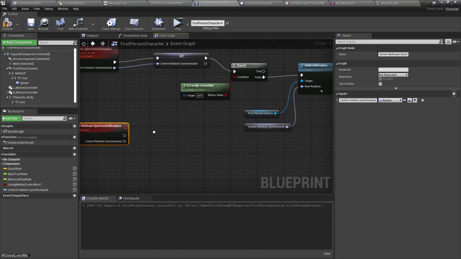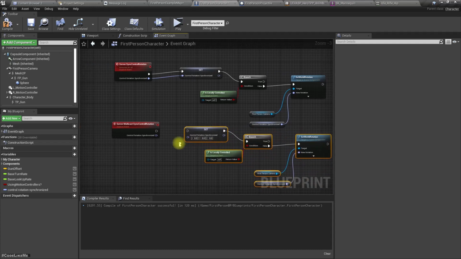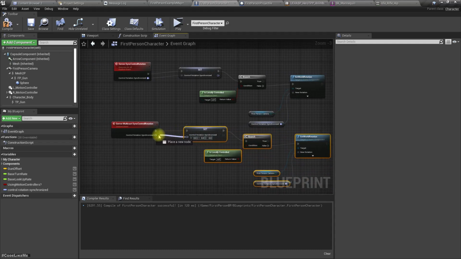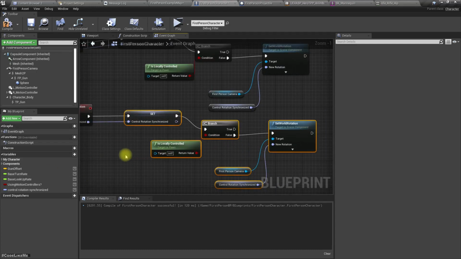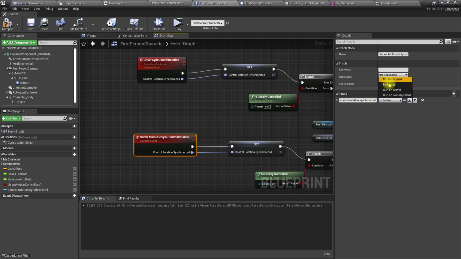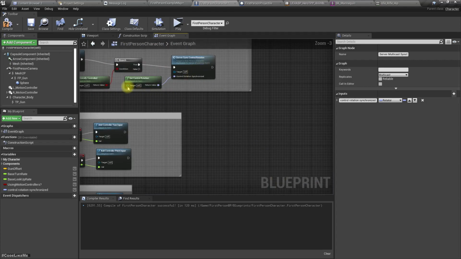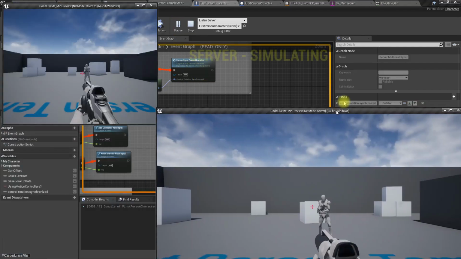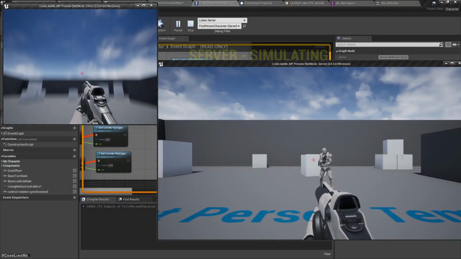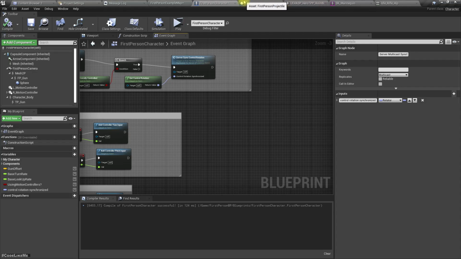Okay, then let's duplicate this. Right, now this I'll set to run on server, this I'll set to multicast, and I am calling this one. I think now only the client will be replicated. Yeah, but not the server. Okay, now here